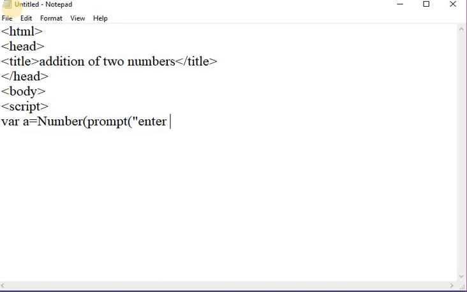Here text is a string which is a required parameter, meaning the text displayed in the dialog box. Whatever text I write here is displayed in the dialog box, and after the text, the default text is also a string, which is an optional parameter, meaning it is the default input text parameter. This is the prompt method.